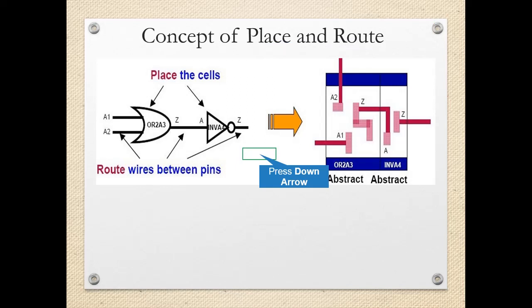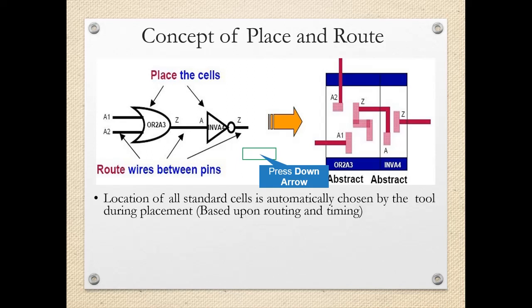So what is this placement and routing that is shown in detail over here? We have the design in the form of different logic cells which are available in the library. Like here the logic cells are an OR gate and one inverter. These are available from the library, and if you take these cells from the library and apply the timing constraint, then the layouts will be prepared. Next to that you can see the layout is prepared, which is a chip level layout in which the different layers are put and then the design will be prepared.